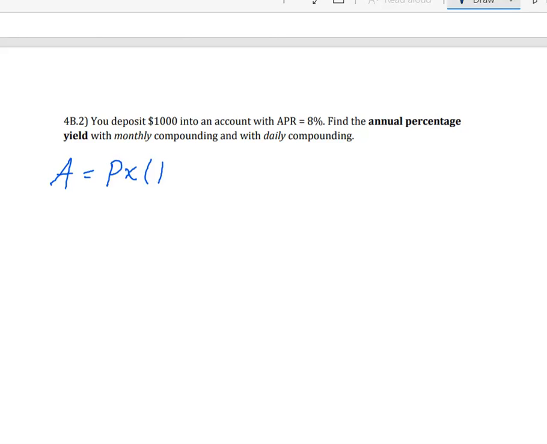It's using the word compounded, so I know I'm going to want to use the compounded formula. Let's do the monthly compounded first. So this one's going to be the monthly one. We're going to start out with $1,000, our principal,